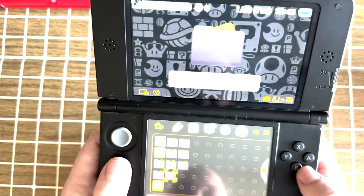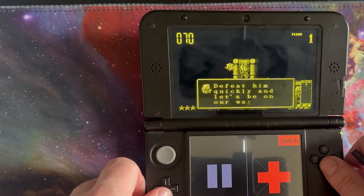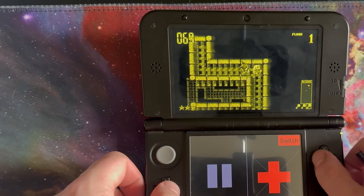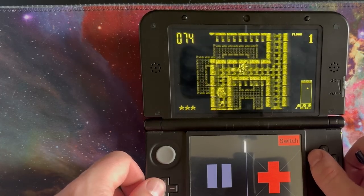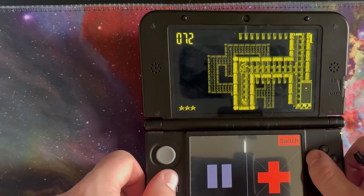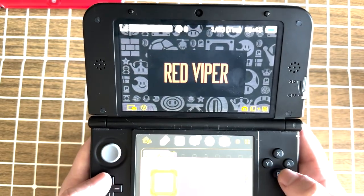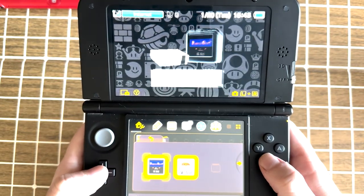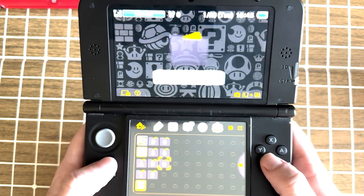For example, on mine, I have a few emulators. Oh, there's one. I'll put more on here later. Red Viper is really, really good. It's a Virtual Boy emulator, and when you turn on the 3D, the games are 3D as well, and you can also change the colors. I have a video on this emulator. It's really, really cool. That's right, I do have a few. There's the Virtual Console on here as well, and I do have some homebrew games, just one on there, it